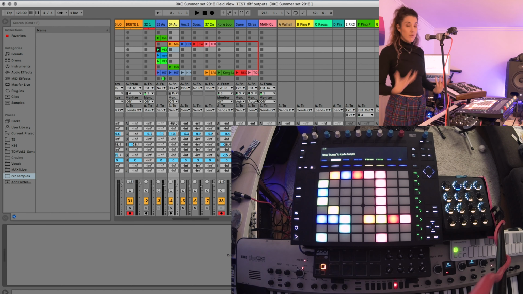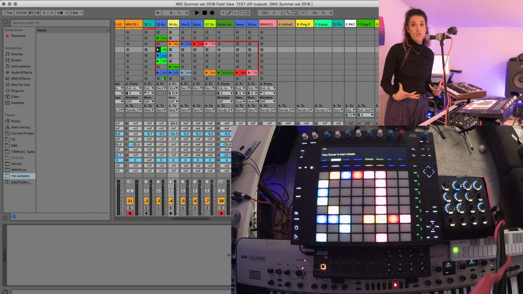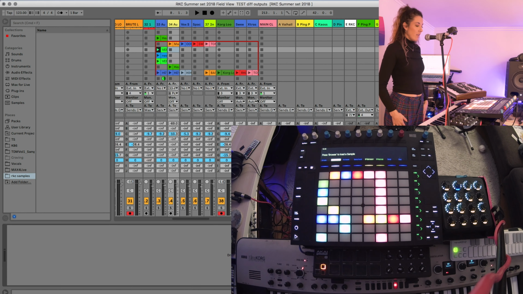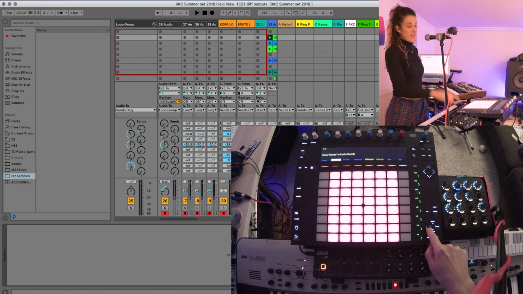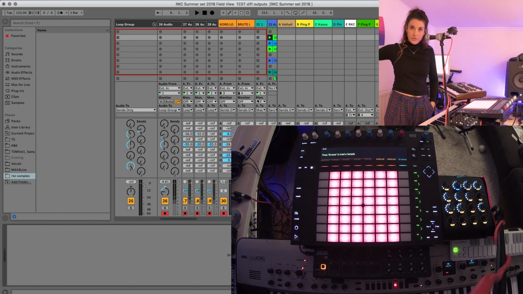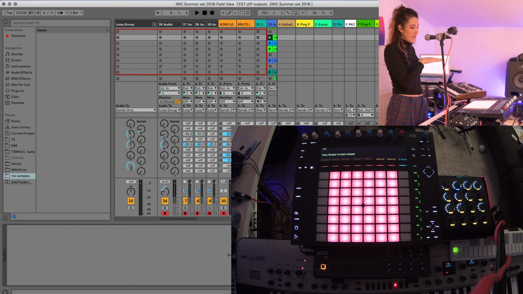I use it purely as a session view controller, not as a MIDI controller when I'm on stage. The project is very audio focused, so I'm using Push just as I would Ableton really with session view. And I do this little staircase kind of mode to go through my songs. So it's page right, down, page right, down, or whatever, depending on how many clips there are per song.